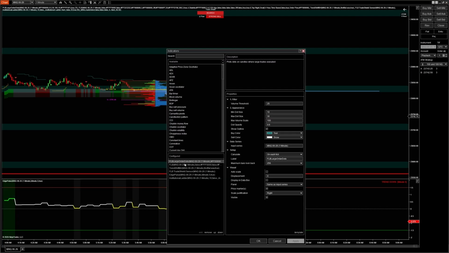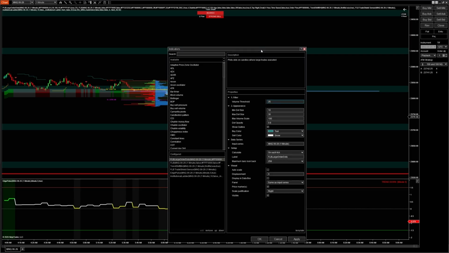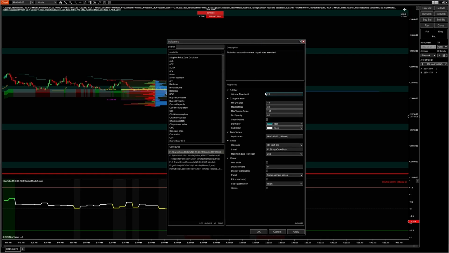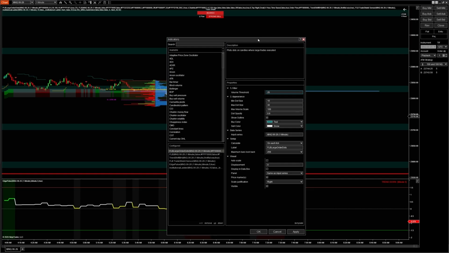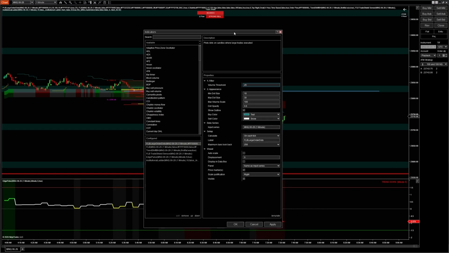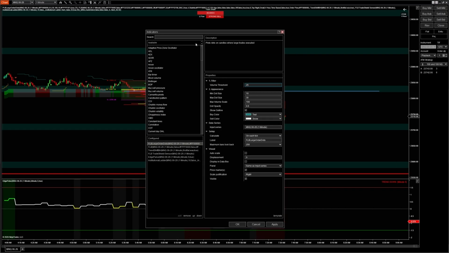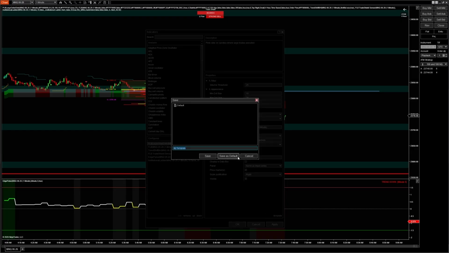I'm using the FLB large order dots. I'm on the 1 minute and I'm on NQ or MNQ: 25, 10, 30, 0.6, and then here's my coloring. You need to change this for what time frame you're going to execute on and just see what makes sense, because the order volume and contracts that are being placed are going to be different on each time frame. So you just need to find what you like and then set it there, and then I save that as a template as default so that I don't have to